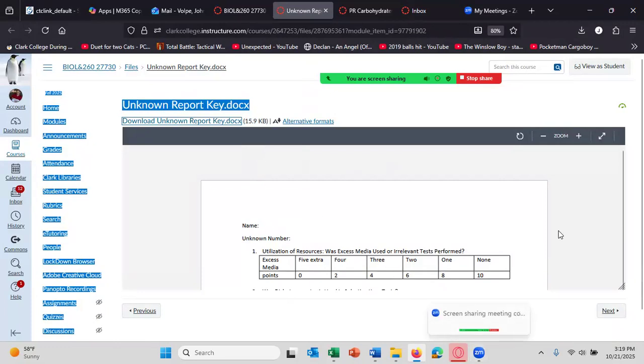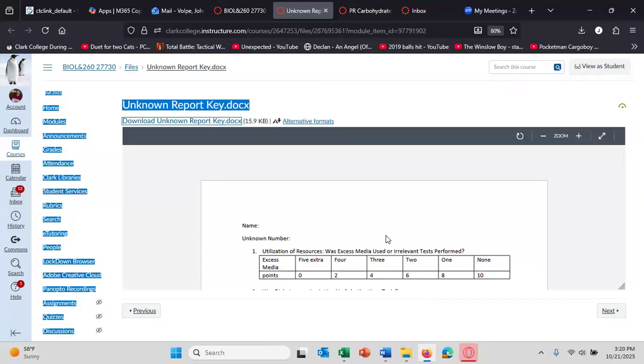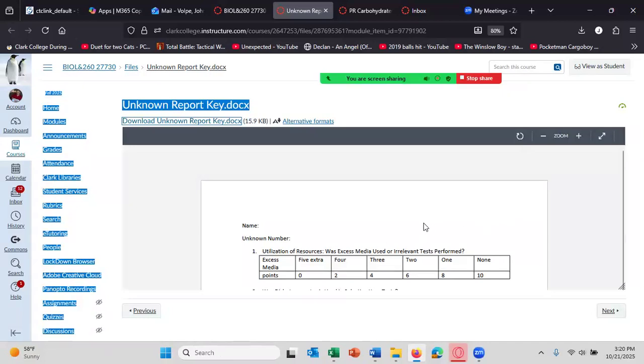So that's one advantage of putting everything together on your unknown notes pages, but you may put a separate document for unknown test 1, unknown test 2, and unknown test 3, and you'll just have 3 different documents. And if you're using formal writing, you can just copy from all of your documents and put it in your unknown report.